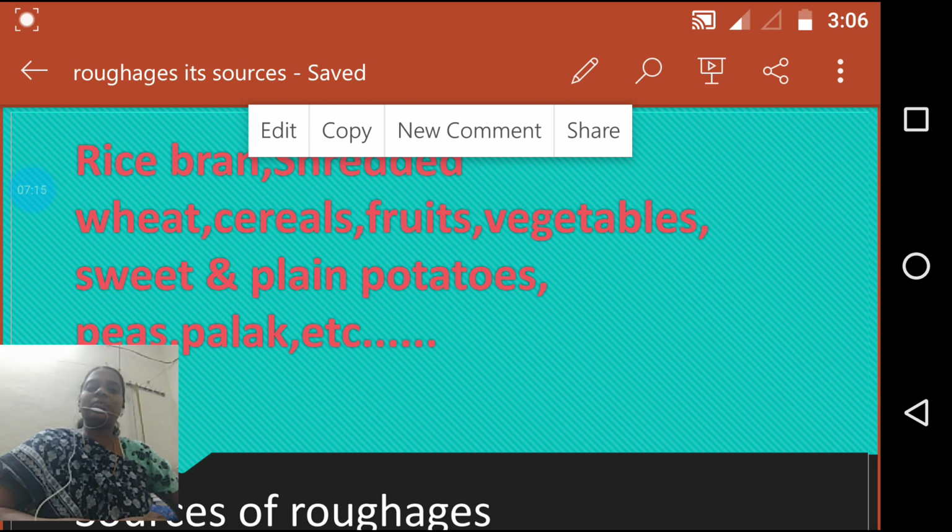Before eating them, wash them neatly using salt water. Mix some salt in the water, soak the fruits you want to eat with the peel for 5 to 10 minutes in that salt water, then wash them and eat them, so that you can avoid the entry of any chemicals into our body. And when we eat such fruits with the peel, you can get good dietary fiber into our body. I hope you all understood the importance of this.